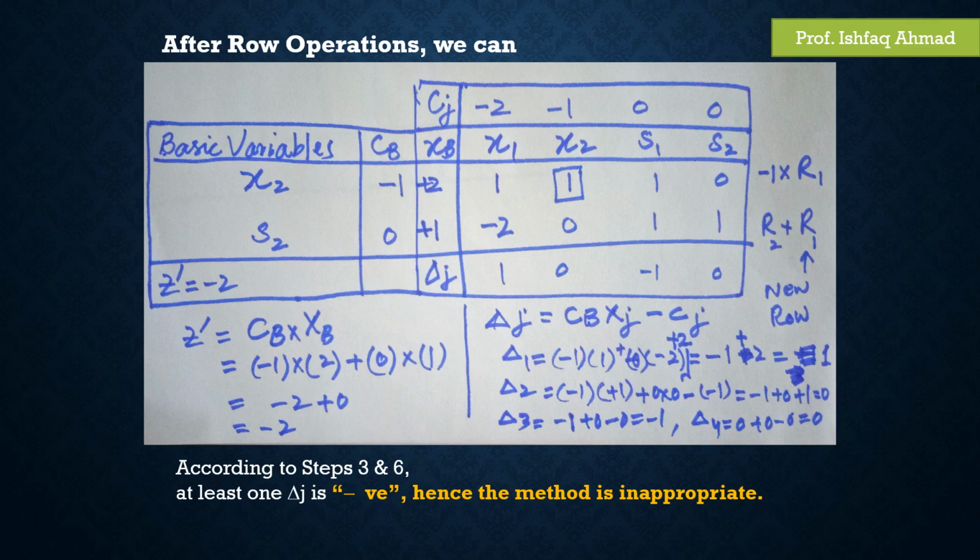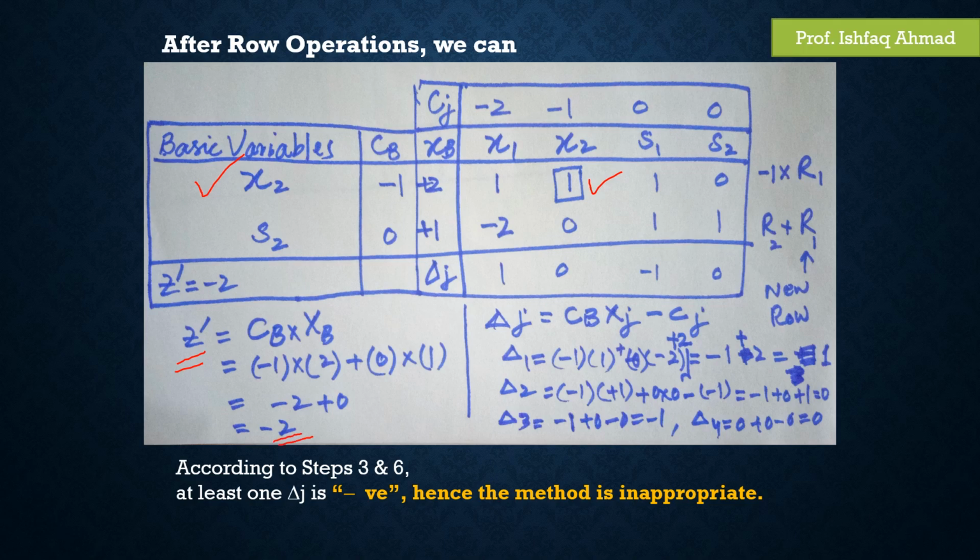As from the previous slide, we know x2 is the incoming variable in the basis and s1 was the outgoing variable from the basis. After that, we perform some row operations on the coefficients and make the pivot element +1, and with the help of row operations we make all elements in the pivot column 0 other than the pivot element. And this we have already done in the Operations Research OR1 course, and after doing that we find a new value for the objective function, and this value is -2 in this case.